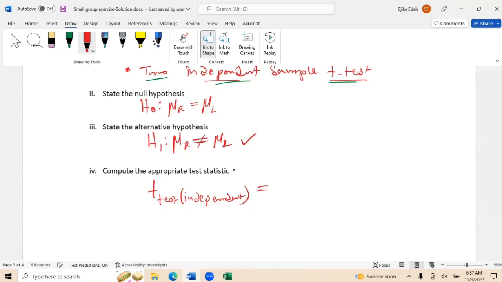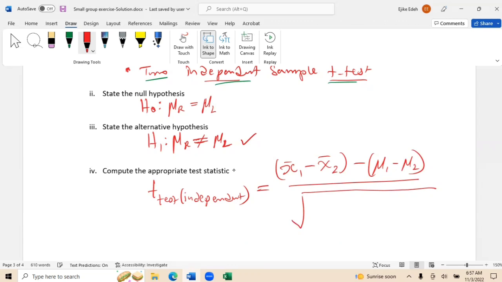The test statistic for that, if you follow through in our work, is the sample mean of group 1 minus the sample mean of group 2, minus the population mean difference if you write it fully, all divided by the square root of